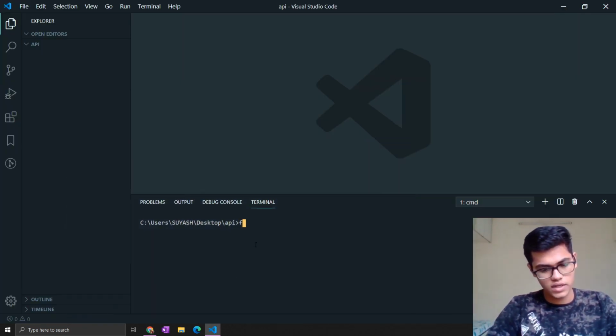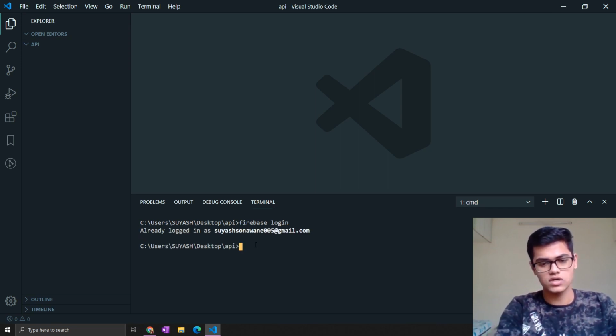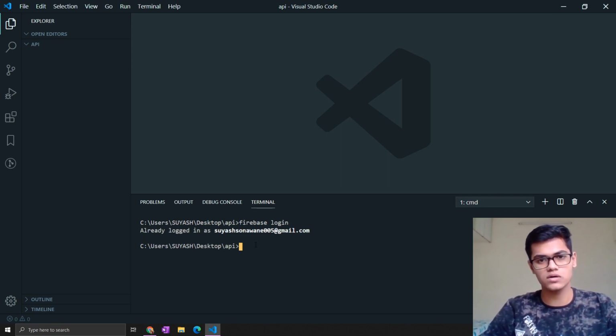We'll just go here and initialize the Firebase. First you need to log in to Firebase CLI. For that you can use this command. I've already logged in. For you it will open a browser window in which you will log in using your Google account.